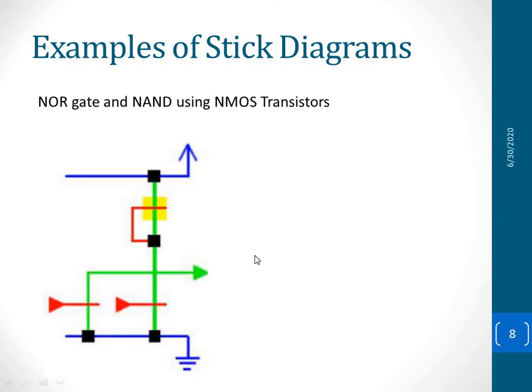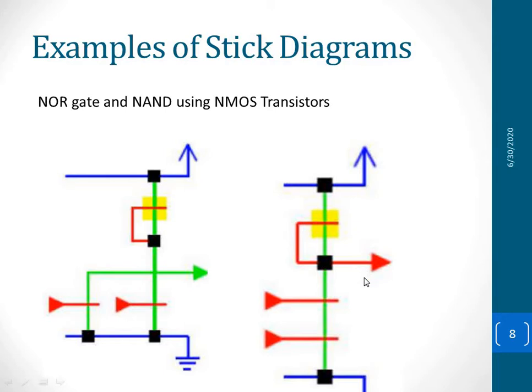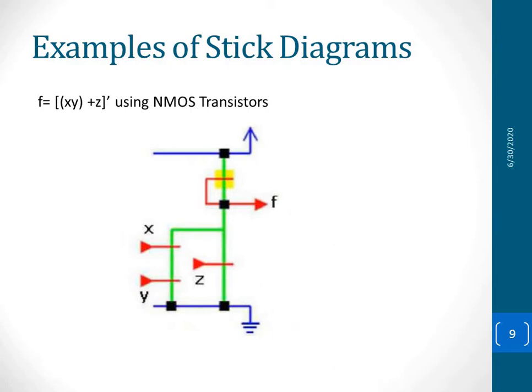Likewise we can make an NMOS NOR using only NMOS, which is a depletion mode NMOS NOR, and this is an NMOS NAND. In place of the pull up, which is a P channel MOSFET, we use only an N channel NMOS, which is a depletion mode device, and connecting together, we can make it work as NAND and NOR. Pull down remains the same, only in the pull up, in place of the P channel MOSFET we replace it with NMOS.